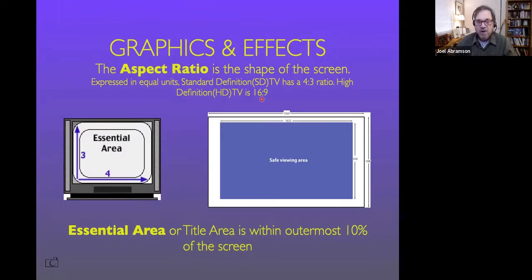Now, when we're talking about graphics and effects, we also need to be aware of the essential area. The essential area is the area within the outermost 10% of the screen. What that means is this is the safe viewing area. It's about 90% of the screen, right? Here's the essential area. So if this was your screen, you want to keep all your graphics and effects in this part. If this is your screen here, your aspect ratio here, you want to keep all your graphics in